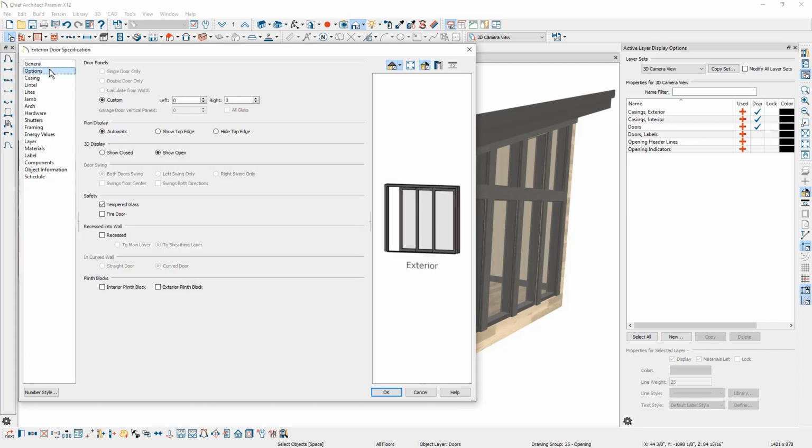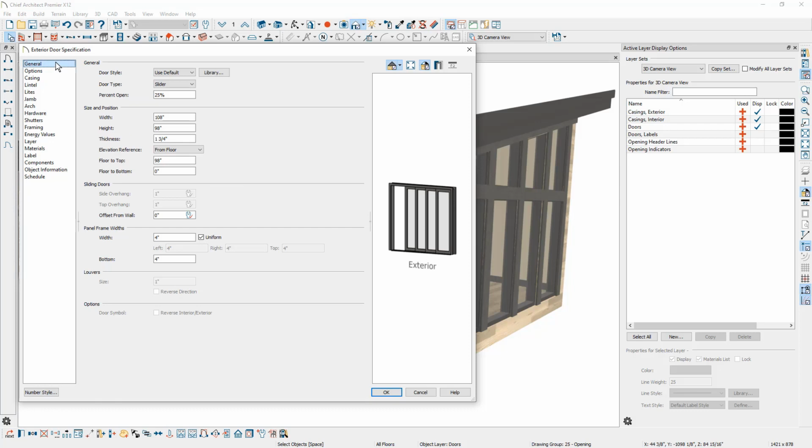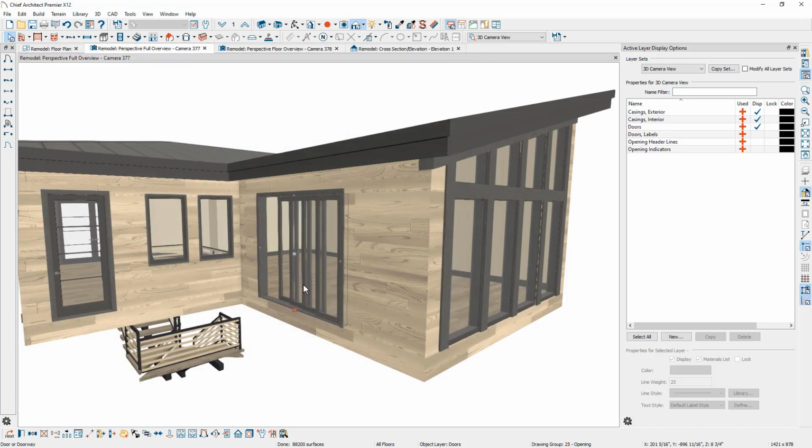On the options panel, I'm going to come over and I'm going to make an adjustment from 3 panels on the right and make that 4 panels. Again, as you make the change, you'll see the preview update, either interior or exterior. If you're making changes that affect those, you can always rotate around and make the changes. The sizing of this is okay. We've got it at 108 in width and then 98. Seems like an odd value for this. Let's go ahead and set that to be 96 for height. Make the adjustment, and then we'll go ahead and see what we look like in 3D.